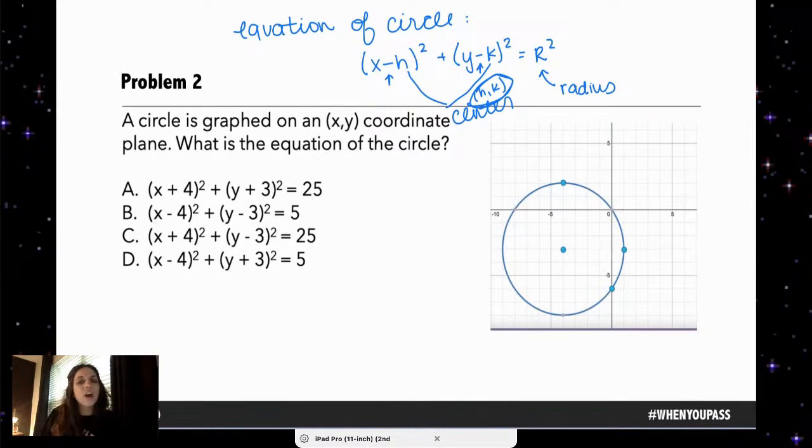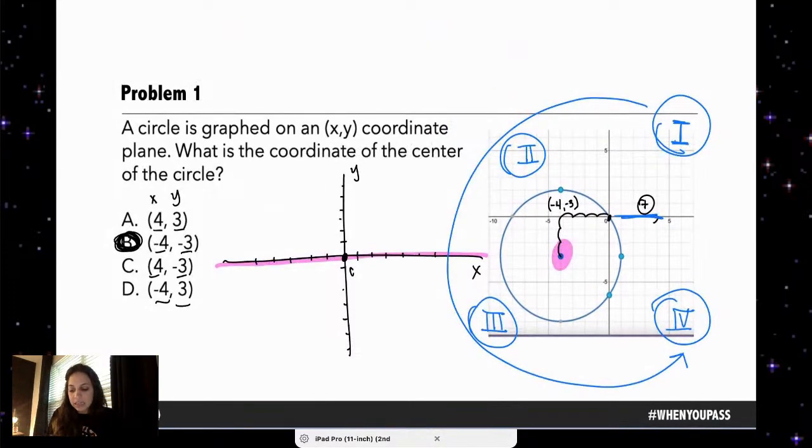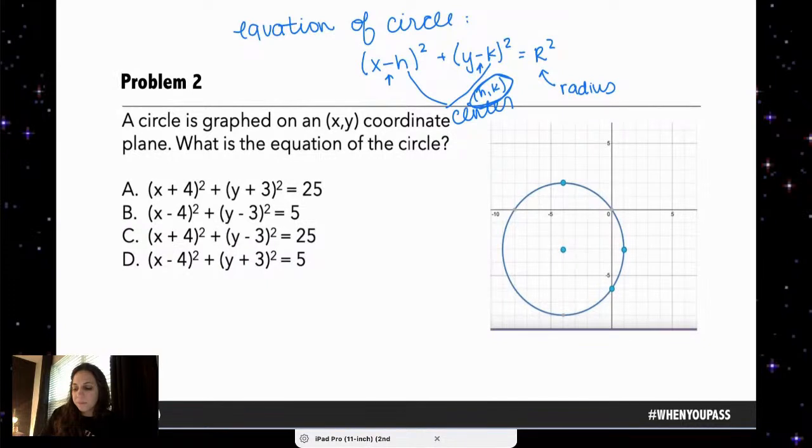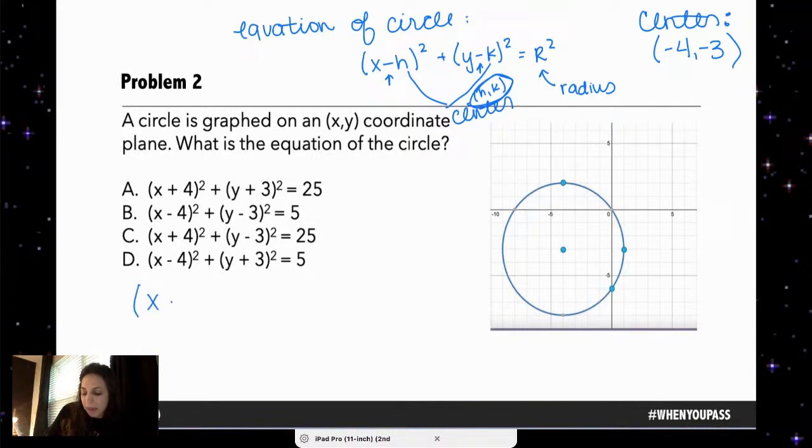So what does that mean for our equation? Well, that means I'm literally going to write x minus and then whatever value my center has. Watch what that means. So we already established that our center is -4, -3. So when I write my equation, I'm going to write out the formula. (x - h)² + (y - k)² equals,